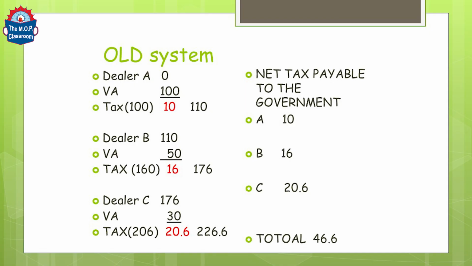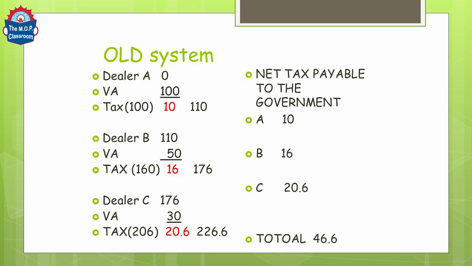Next, you are the person B. You have purchased it for 110 rupees, as a bulk. So what you are doing, you are repacking it, making it into small packages. Just like that you cannot do it, you need to appoint a person for dividing or making it into small bags. You have some expenses, that is called value addition. So you are spending an amount of 50 rupees from your pocket. So how much is the total value? You have purchased for 110 and the value addition is 50 rupees, so the total amount comes to 160 rupees.